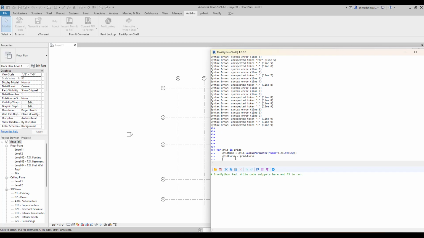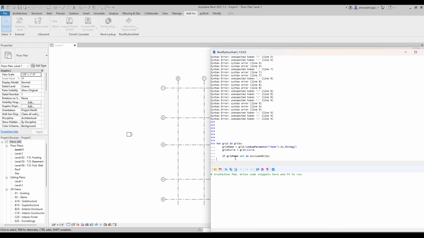Okay, we say if grid name not in excluded grids. Okay, then if the grid name is not in the excluded grids, then we will check if the rest of the grids